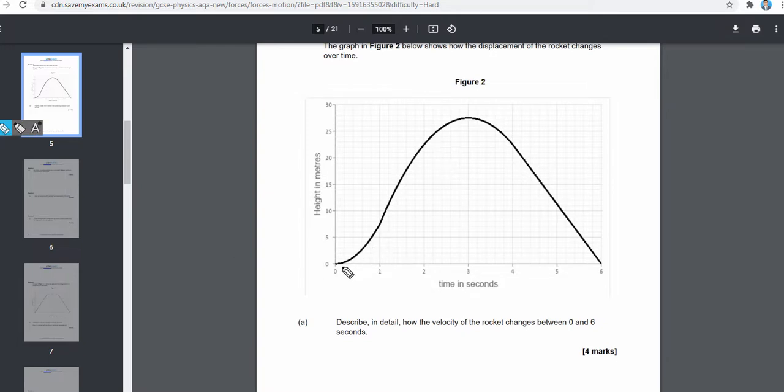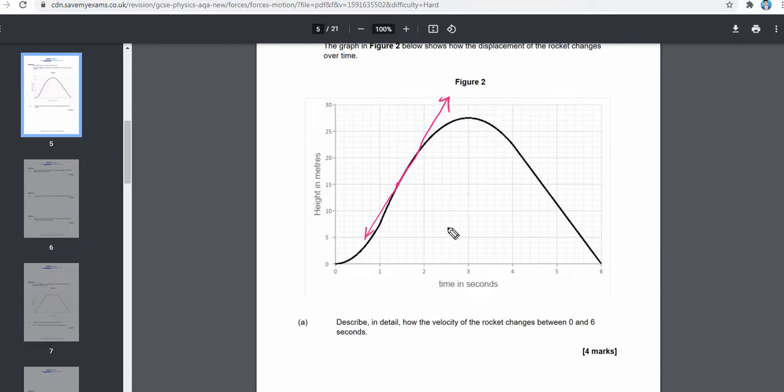Over here, the velocity has increased, but the steepest tangent that we will get will be over here. So we'll draw a tangent over here, that will be like that. And by finding out the gradient of this tangent, we'll be able to work out the velocity